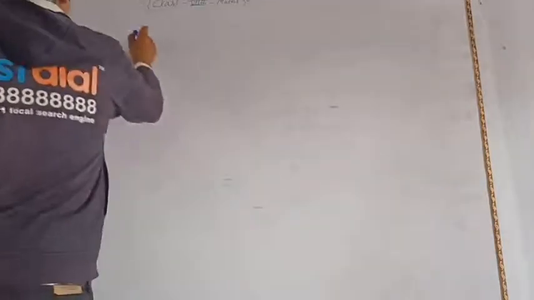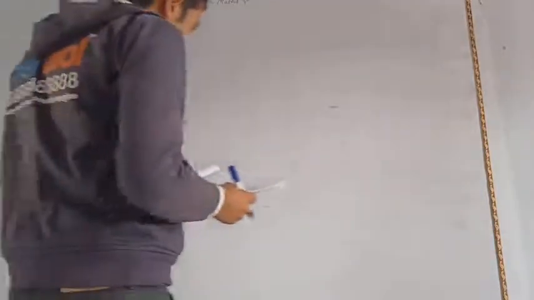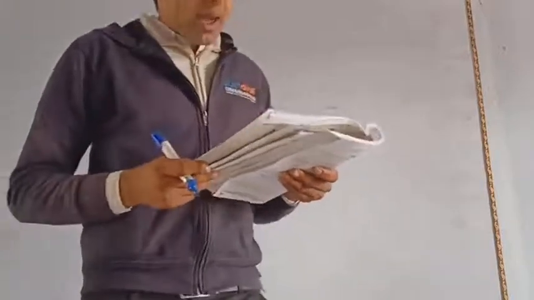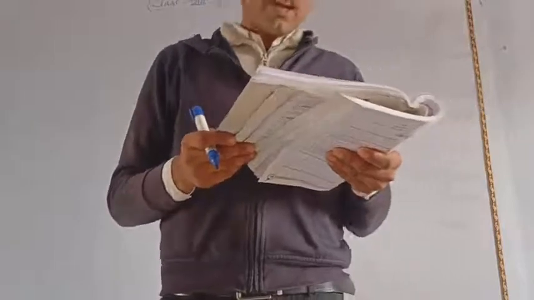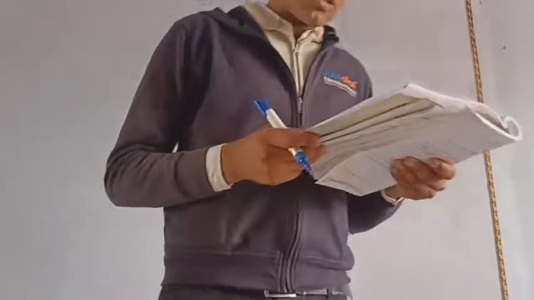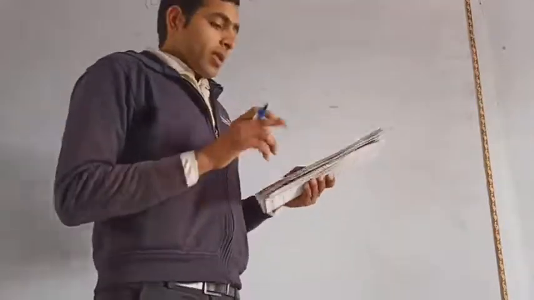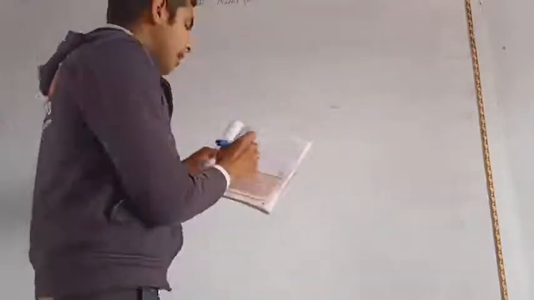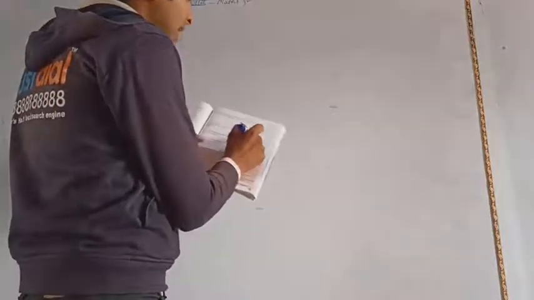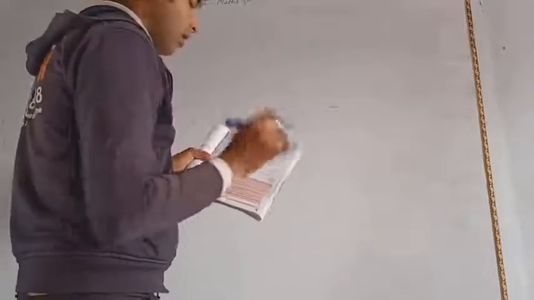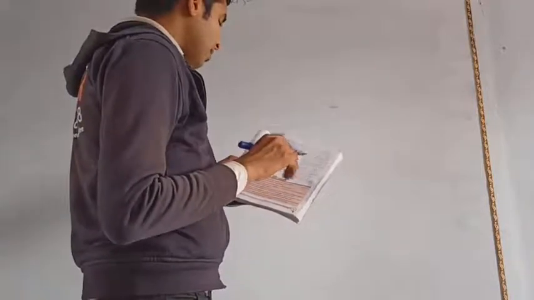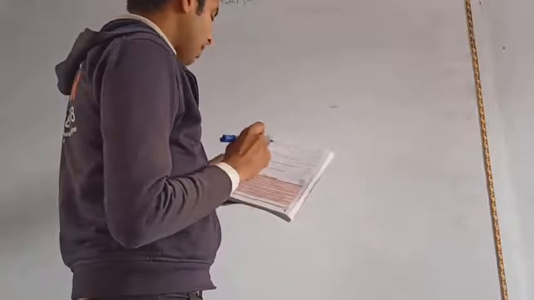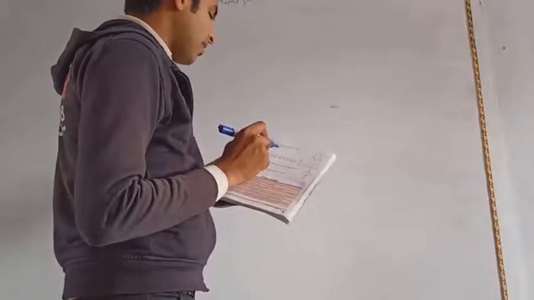In problem number 7, you are given that ABCD is a rectangle. X and Y are points on sides AD and BC respectively such that AY is equal to BX, so that BY is equal to AX and angle BAY is equal to angle ABX. First of all, you have to prove that triangle ABX and triangle ABY are congruent triangles, and then you have to also prove that angle BAY is equal to angle ABX.